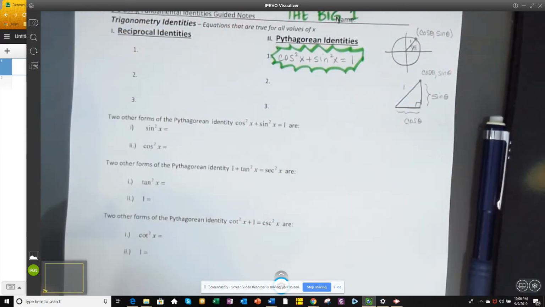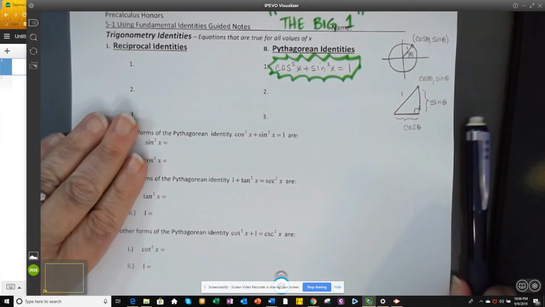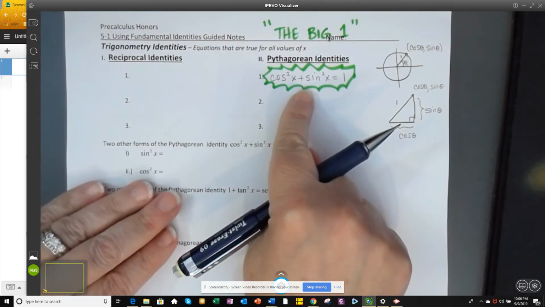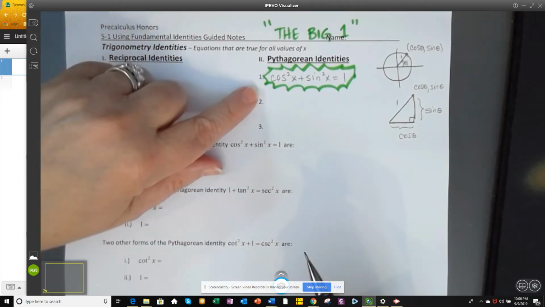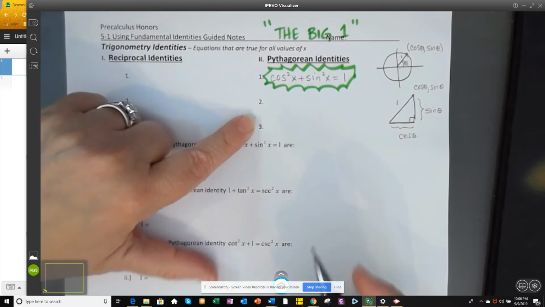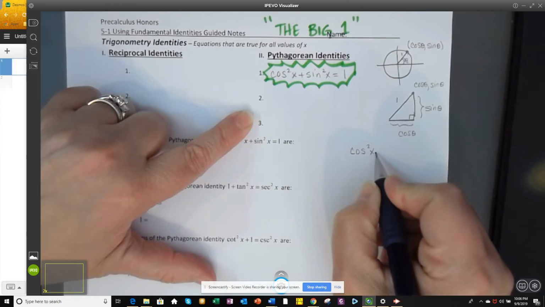Because we're on the hunt for the big one. Because that always helps us sometimes when we're solving equations, when we see it. Okay? So that's the big one. Well, as you can see, there are 2 more spots for Pythagorean identities. But I could take the big one, which is cosine squared x plus sine squared x